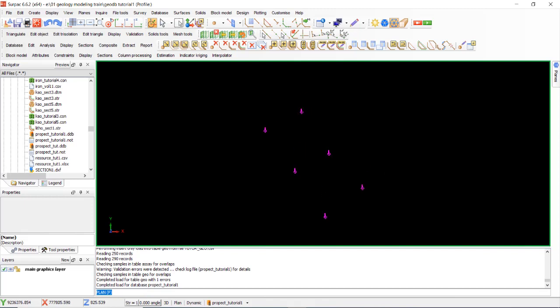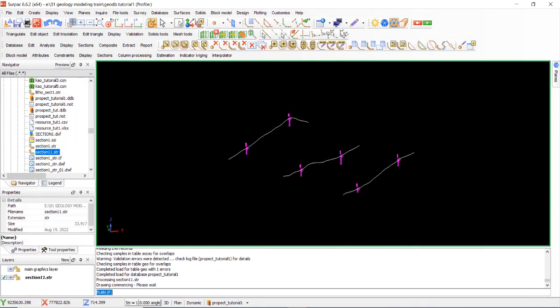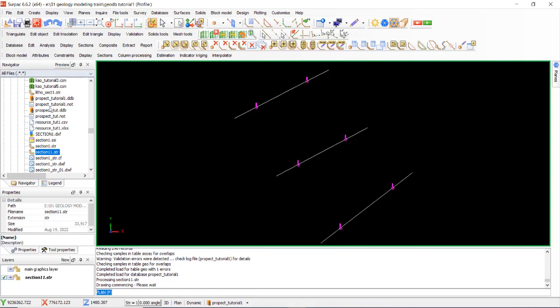and then we must open the section we have draped to the topographical section. This section we draped, open, okay, connect. But I have the section for ore.